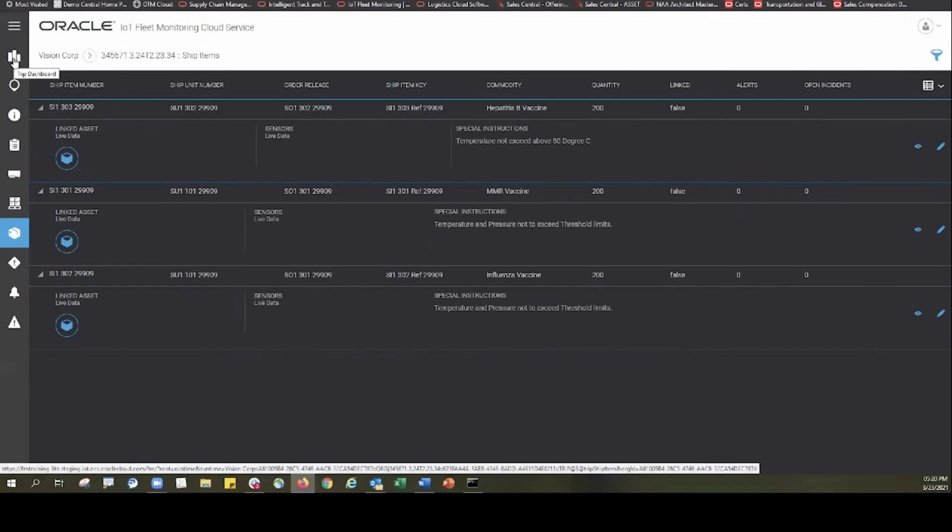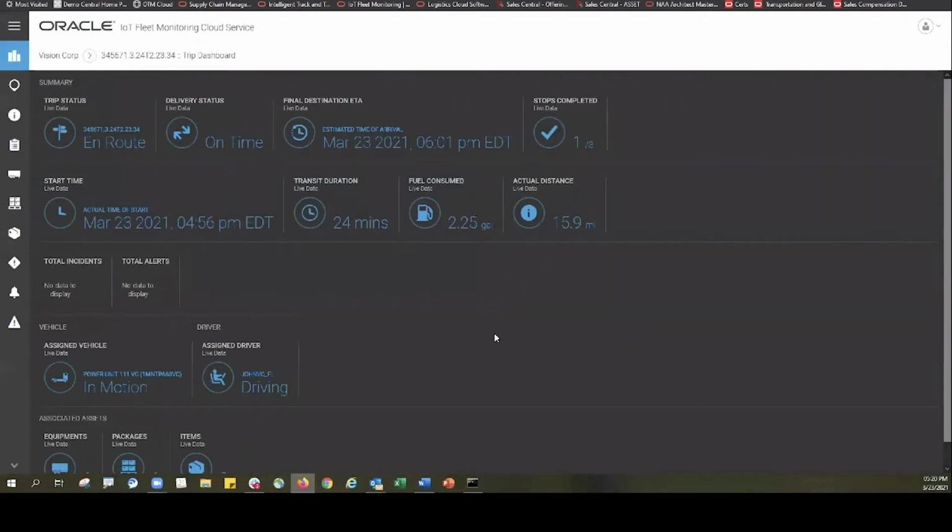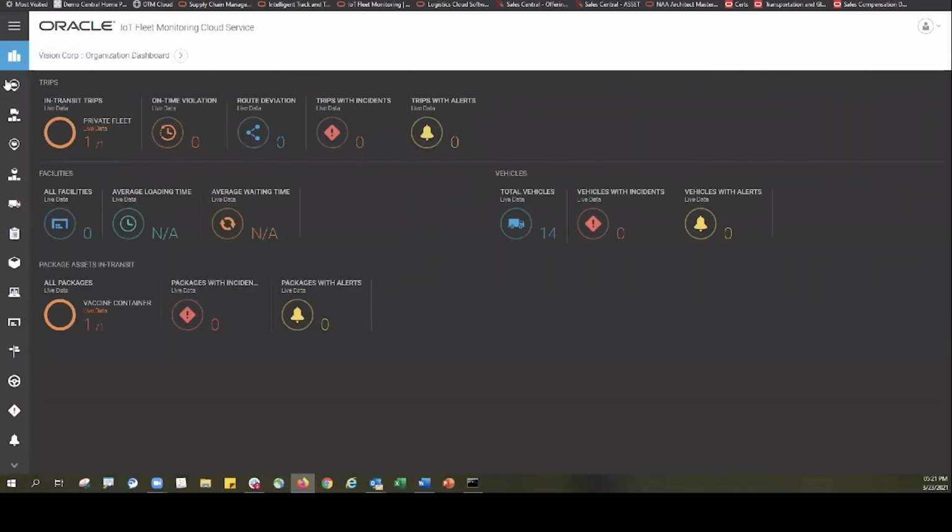Now, when I bump up to the trip dashboard, this is a great tool to see the consolidated information for this entire trip: the equipment, the packages, the items, and even some metrics that are associated with costing, like fuel consumption. I can zoom out and take a look at dashboards from the holistic organization view. So I can see reports on all of the different trips associated with this organization, which gives me real-time information